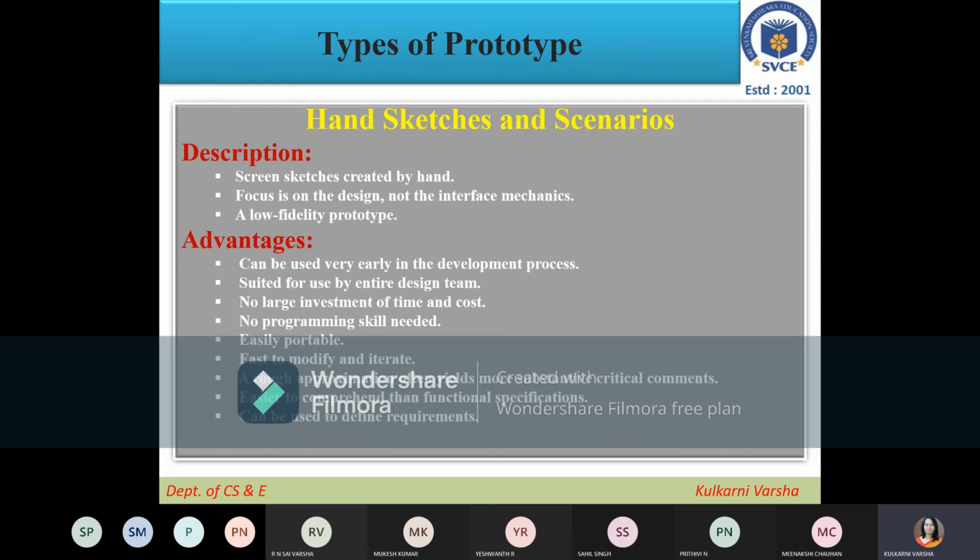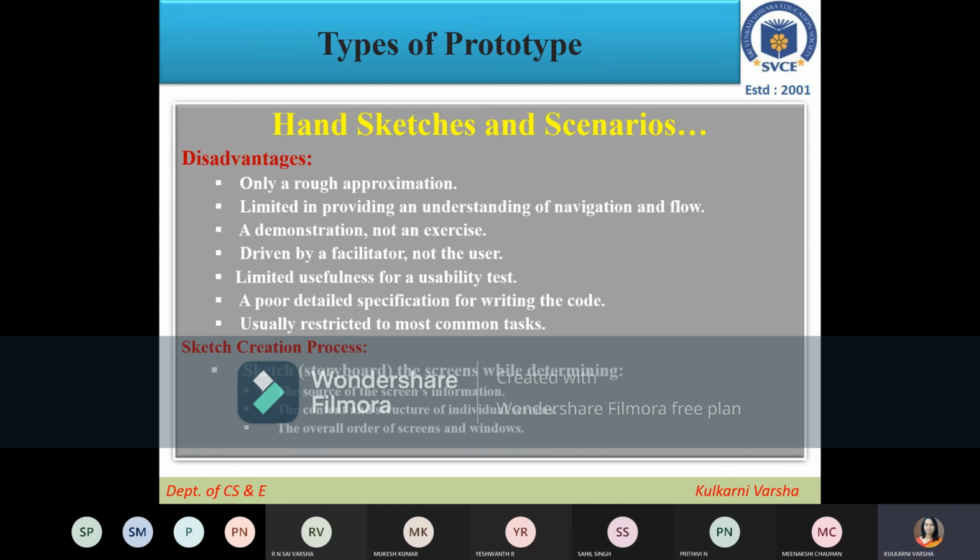It is always better to involve the user, at least one user, when you are doing this hand sketching, or when you finish it. You can talk with the user and get more input, because there is no programming involved. It's just a sketch of how your screen will look, so the users will be helpful in that case.